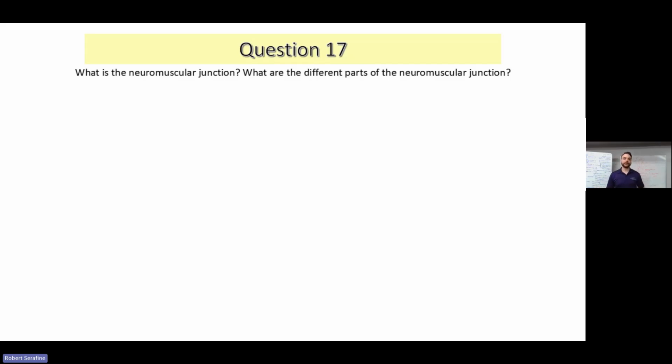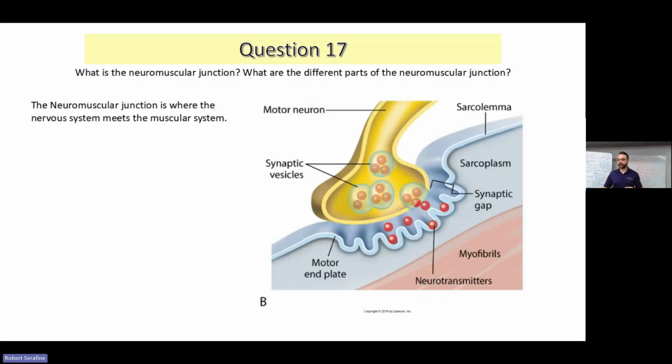Our nervous system, especially for skeletal muscle, is going to tell it how to contract and how much to contract. So the nervous system has to reach out and talk to the skeletal muscles. We call that the neuromuscular junction. The neuromuscular junction is literally just where the nervous system meets the muscular system. Now, there are different parts of what we call the neuromuscular junction,